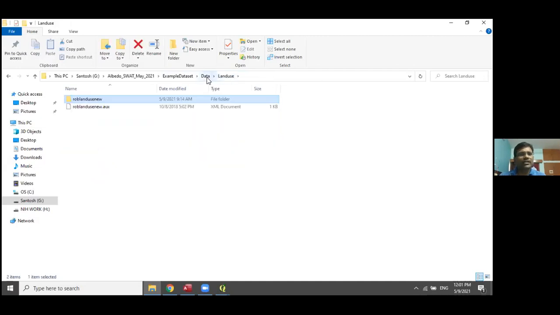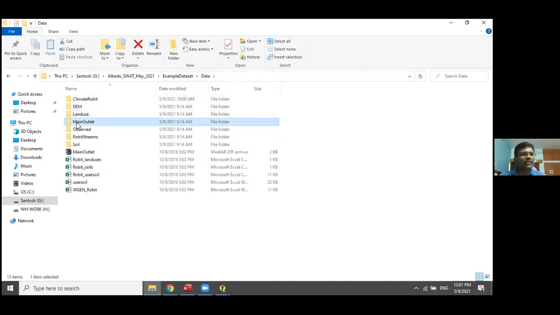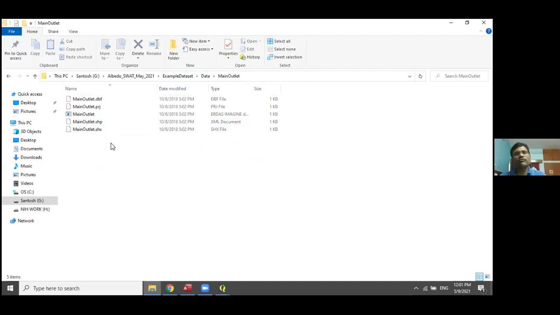Then the main outlet file. If you have the location details of the outlet of your watershed, you can create a point shape file and provide it as an important input for the model.